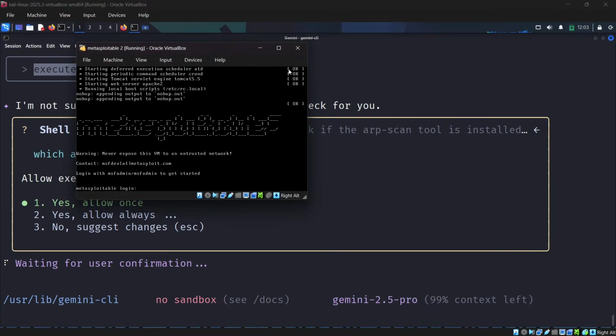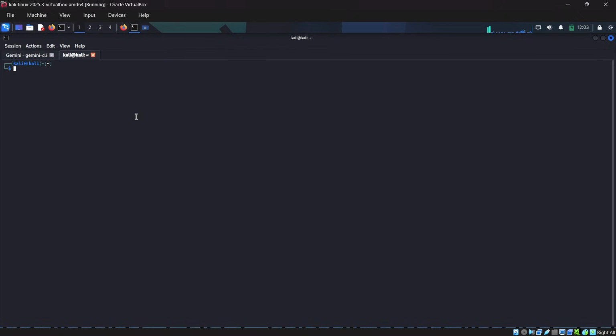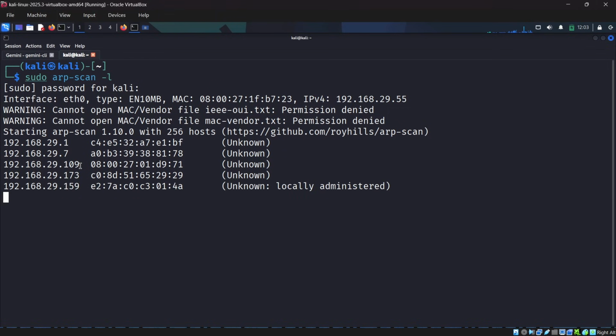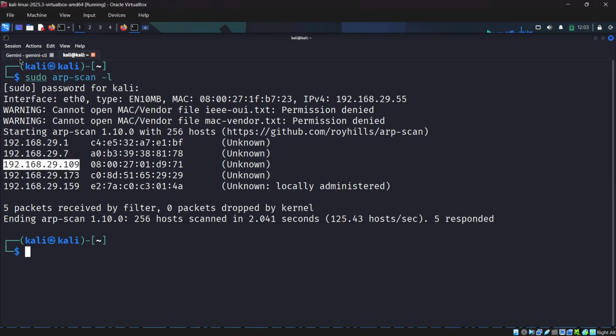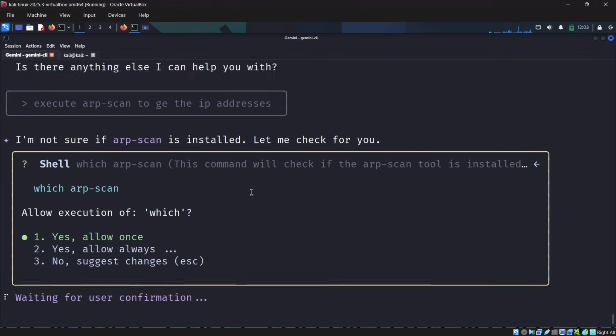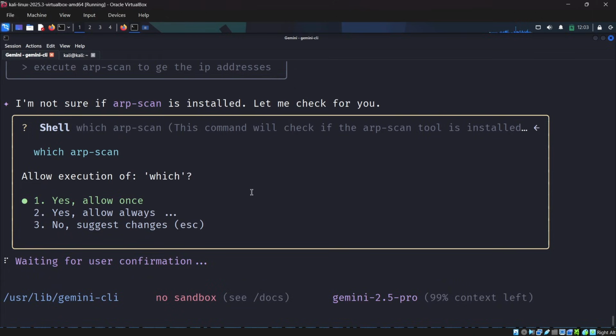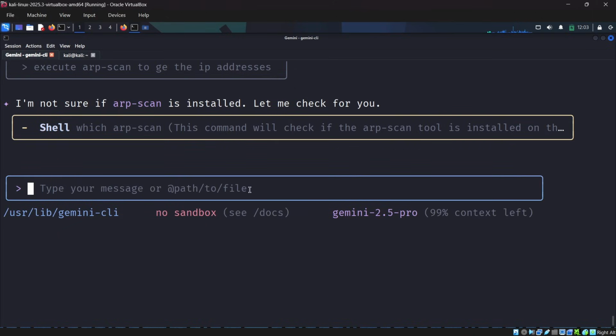So my Metasploitable 2 was started. Let me show you something else. I'm entering the ARP scan to get my target IP. So here it is, this is my target IP, and I'm going to say to the AI, I'm canceling this by pressing the Escape button. Now I'm going to say, use dirb to find